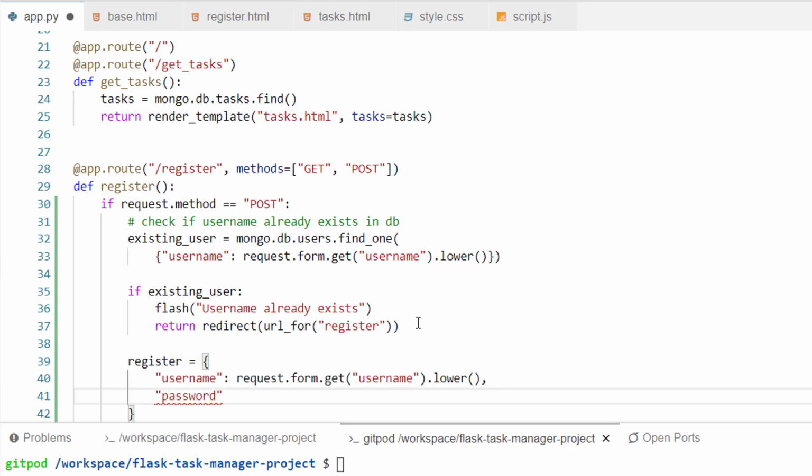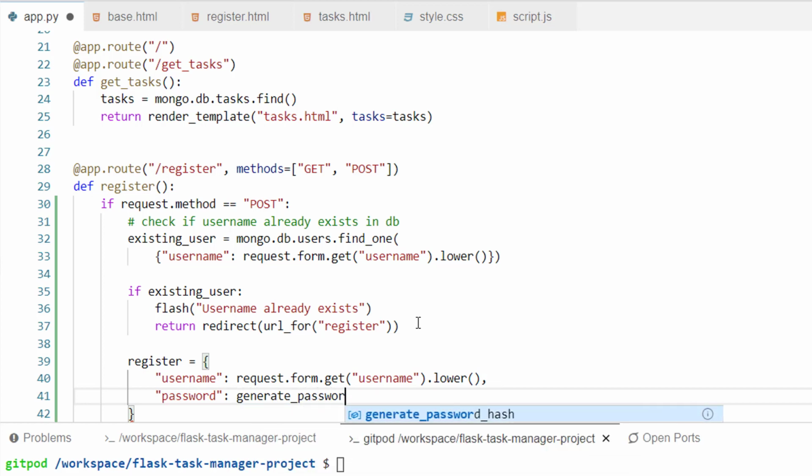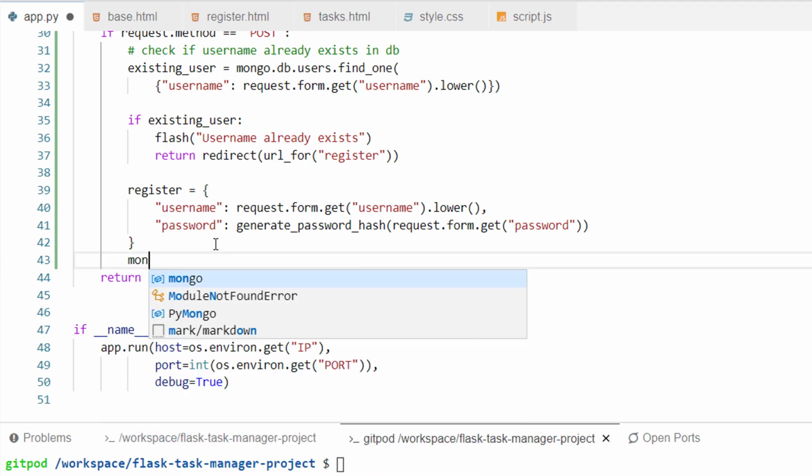Our next item in the dictionary will be password, and this is where we get to use some of the Werkzeug.security helpers we learned about in the previous video. We're going to generate a password hash from the user's input provided from the password name attribute. As a challenge, you can customize the hash and salt methods to your own preference, but we're going to use the standard method for the purpose of this video. If you were to include a secondary password field to confirm the user's password, you would want to do that prior to building this dictionary here.